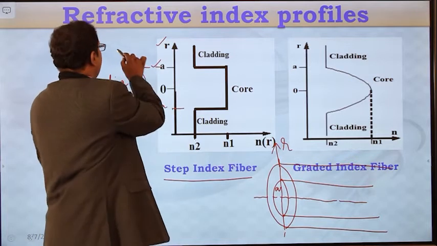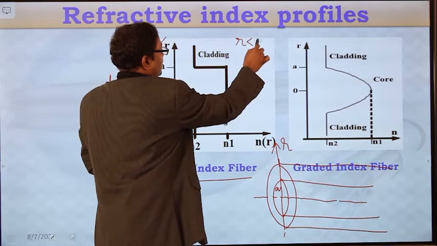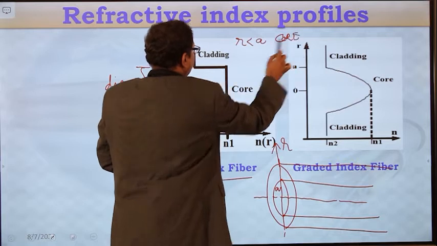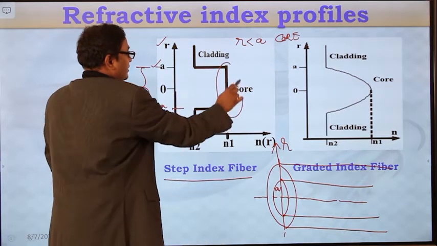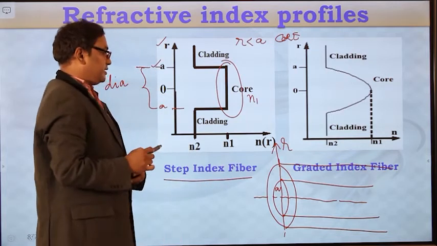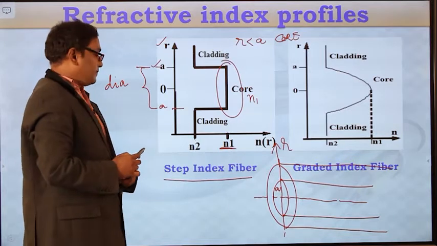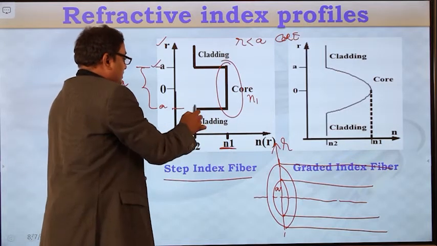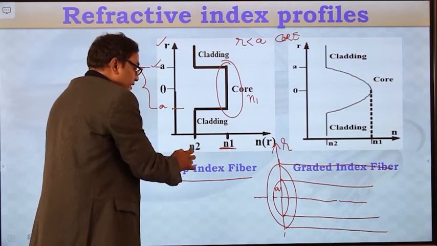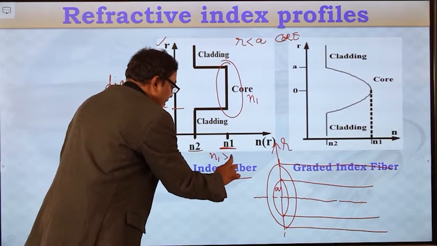Whenever this R value is less than a, it is representing the core medium, and here the refractive index of the core is constant, that is equal to n1, you can see here. And whenever it crosses the a value, then the refractive index value will suddenly decrease to n2. So here n1 is greater than n2.